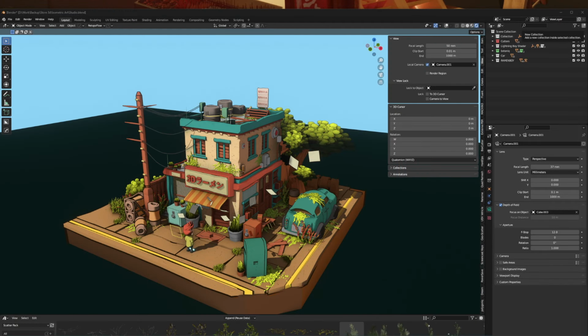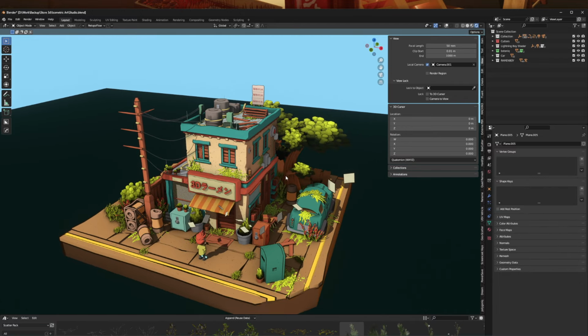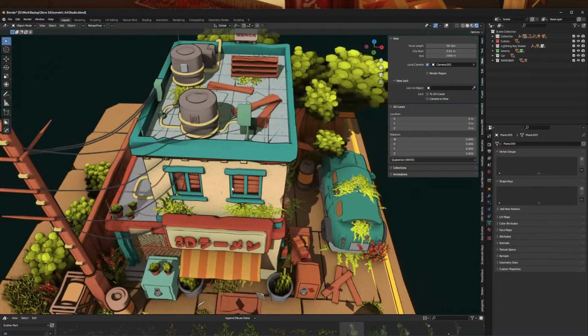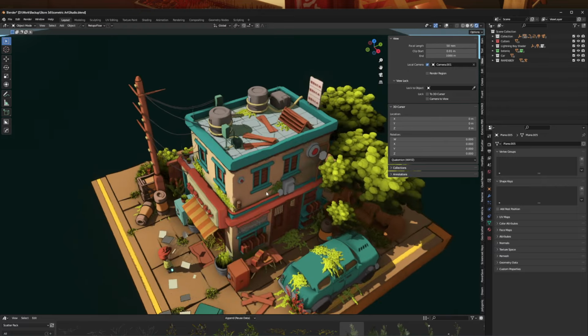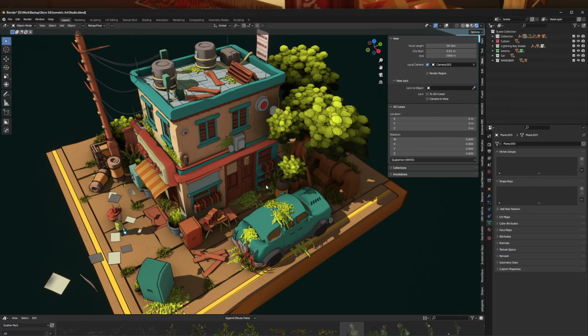Good day, everyone. So today we are going to talk about how I created this scene right here, and also the shader that I used. So this is actually a Toon shader that you can do in Blender using color ramp. So you can search on YouTube about how to make a Toon shader, and there's